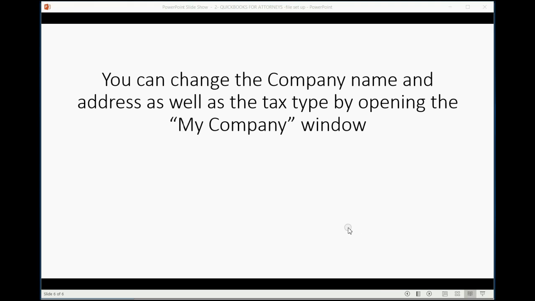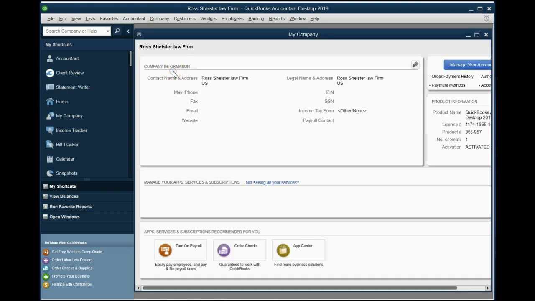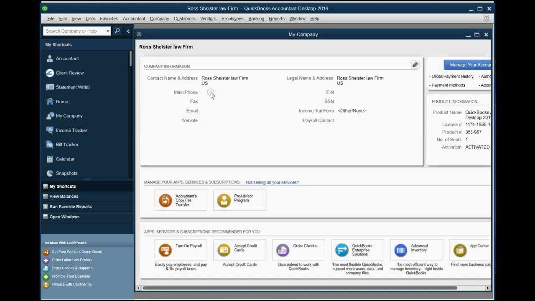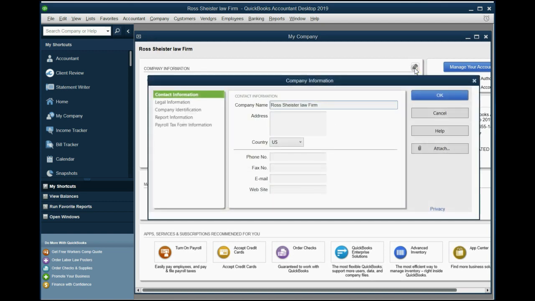Now, we skipped over putting the company address and so on, as well as the tax type. You can change the company name and address as well as the tax type by opening the My Company window. So you click Company, My Company. Now, this window gives you the ability to change both the name and address of the company as it will appear on printed forms and checks and reports, as well as changing the tax form that you need for your company type. So after you open the My Company window, you can click the pencil tool,